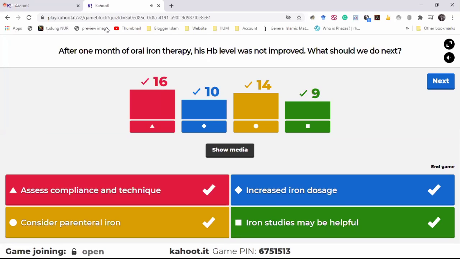Okay, so basically all are true. When the patient's Hb has not improved after starting therapy, there is a list of things we have to do, and it's stated in the pediatric protocol. First and foremost, we have to ask about non-compliance because of the GI side effects and also the technique. The patient might be taking iron while drinking tea. So we have to assess non-compliance, and maybe the iron dosage is not adequate. We have to increase until the maximum level until the Hb also improves. And maybe the patient has some problem with iron absorption. We can consider parenteral iron.